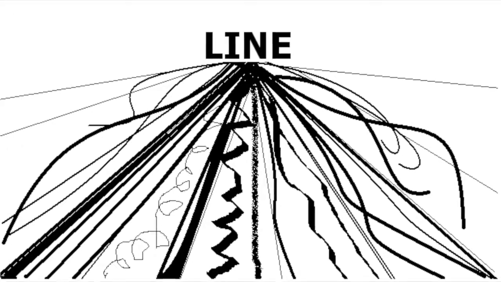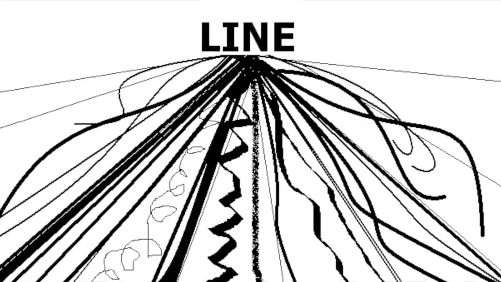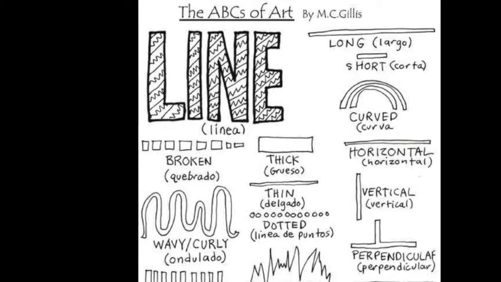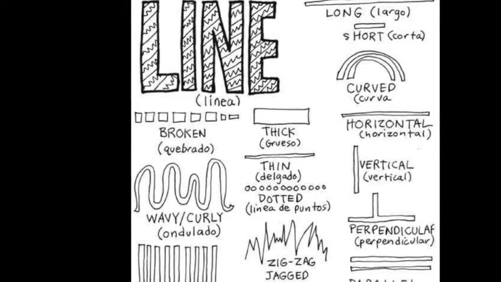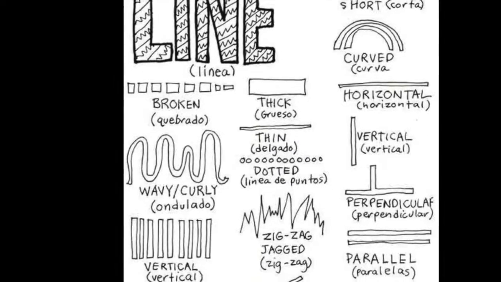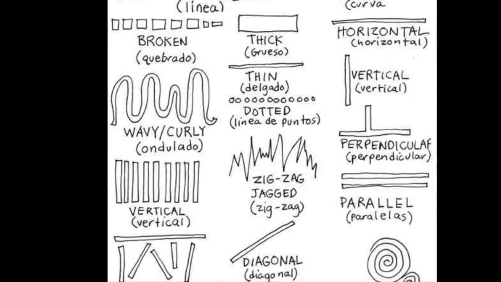Line is sort of the most basic element of the 7 elements. You can have all sorts of lines. You can have thick lines, thin lines, vertical, curved, wavy, zigzag, any type of line you can imagine you can